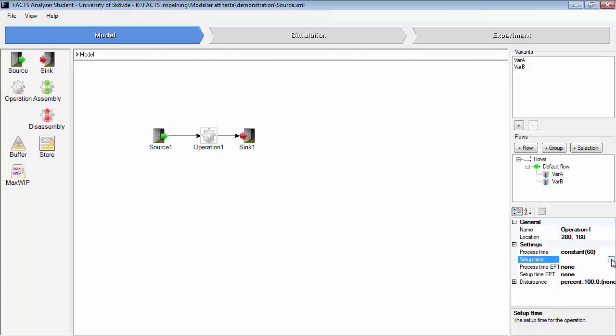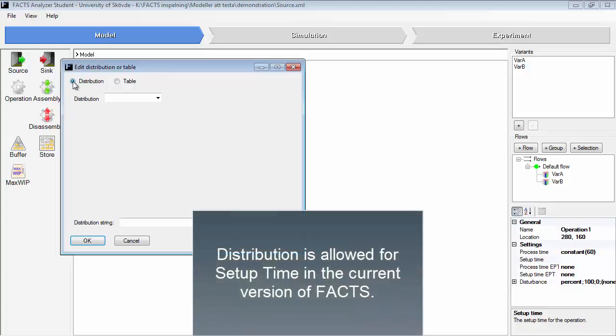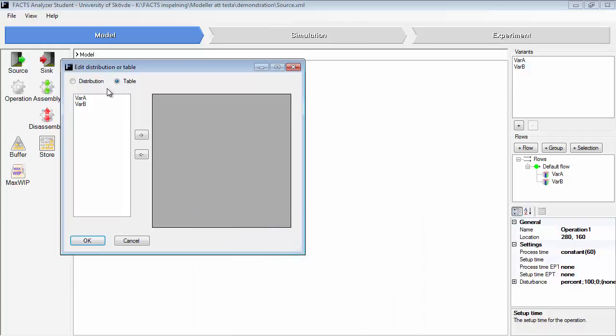You have the setup time as well. The setup time is the time it takes for setting up from one variant to the other. So the distribution is not possible to use here. You only use table. And table is the sequence dependent setup time, which means that if we add variant A and variant B to this graph, we set the time